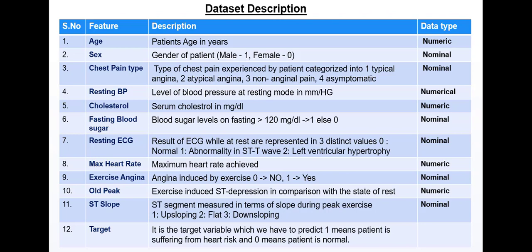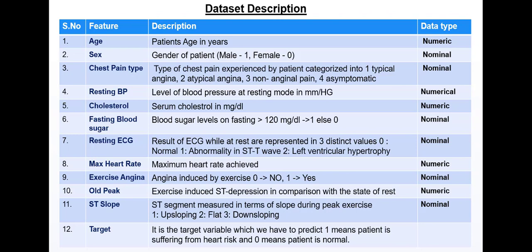One thing I want to tell you is that nominal is the categorical variable which doesn't follow any particular ordering. But ordinal is the categorical variable which follows a particular order. For example, there are three categories A, B, C, and A has higher priority than B, B has higher priority than C, then this type of categorization is known as ordinal variables or ordinal categories. So here sex is the nominal category.